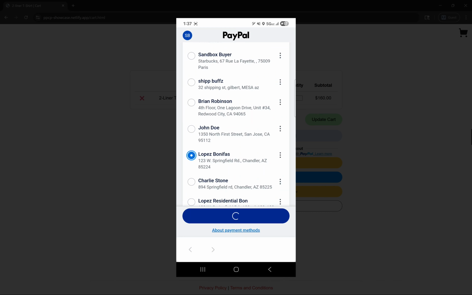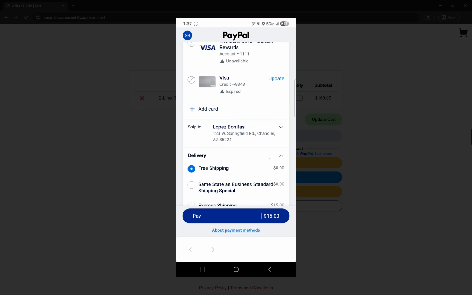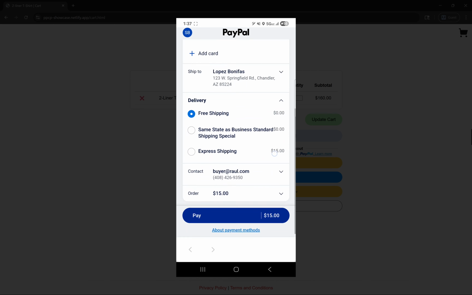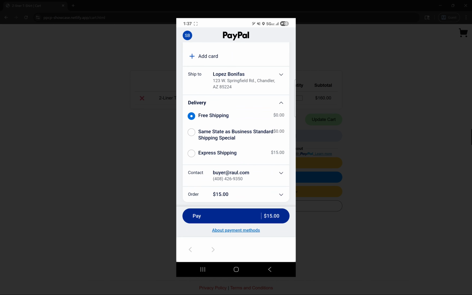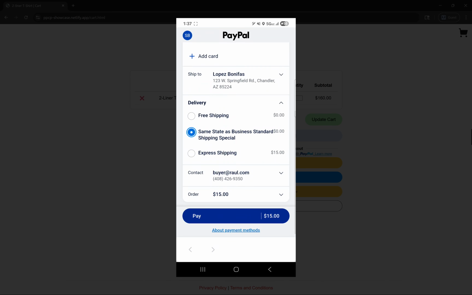So I'll show you here that the only rule I've implemented so far for the purposes of this demo is that if it detects an address from Arizona, that's the state that I'm in, I will get a new shipping option called Same State as Business Standard Shipping Special, which in my case is $0. I already have a free shipping option as well, but it's mainly so you can see on screen that it's possible. Here it is. I've changed to an address in Arizona, and here is that new option that I mentioned,